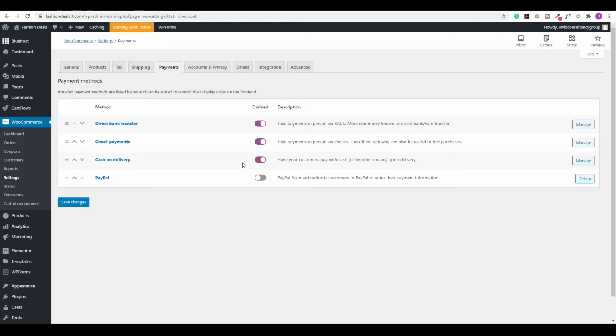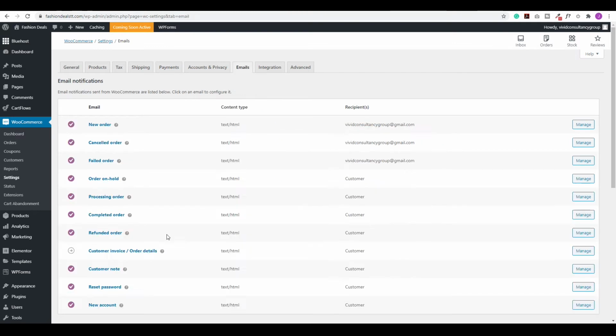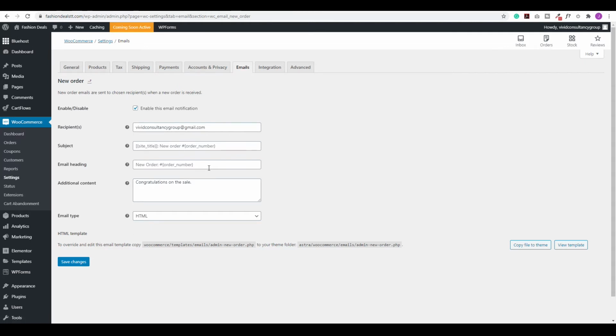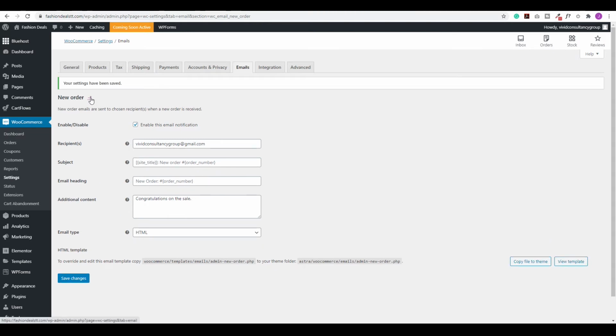But let's move on to the email settings. So here's where you will see the default emails that WooCommerce will use to manage your orders. So you have things like your new orders or cancel orders or your refund orders and so on. Each of them could be adjusted by clicking the manage button. You could then decide to change the recipient email or the subject or the email headings and so forth for each of the default emails, but we will leave this as is and just click the button to go back